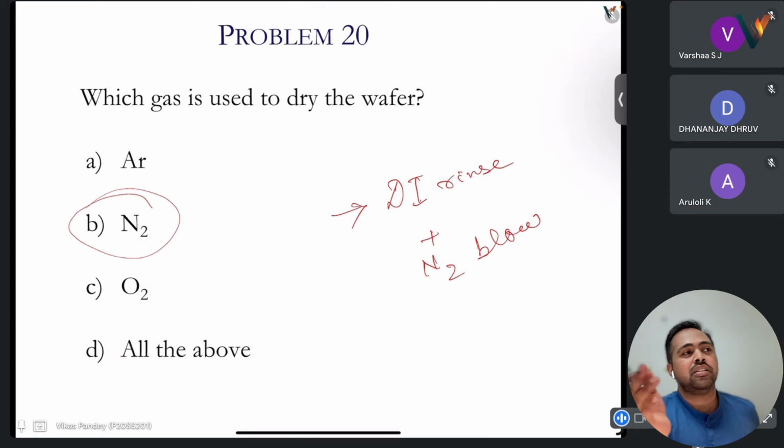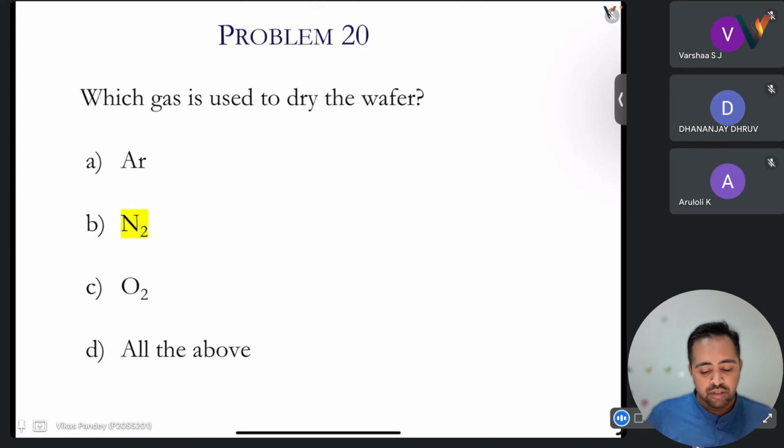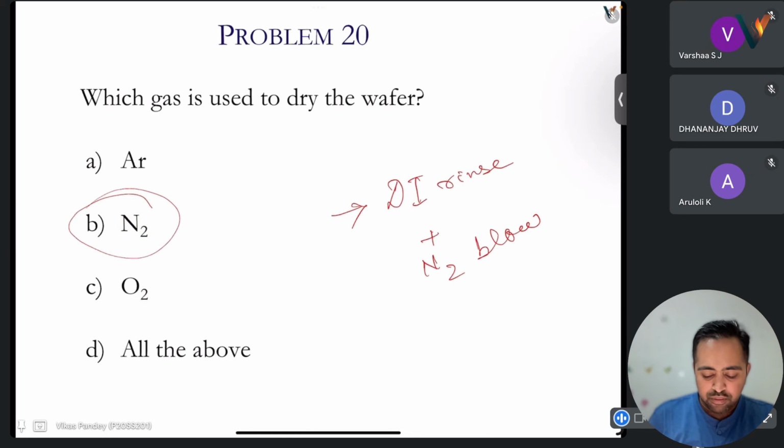In fact, if we just bottle the gas present near us, clean it, it becomes nitrogen. We just have to remove other gases. 70% is already nitrogen. Dry gas also we use, that is mostly nitrogen. So that is used. Anyone would like to add what is this DI water,